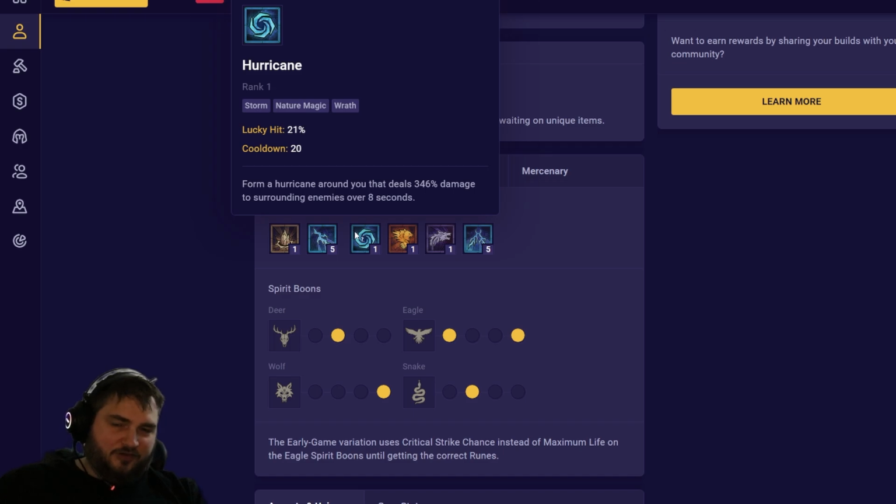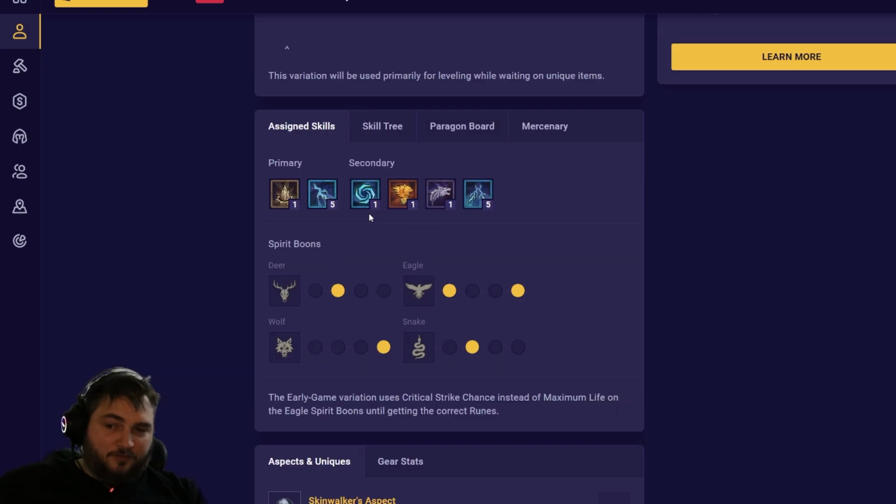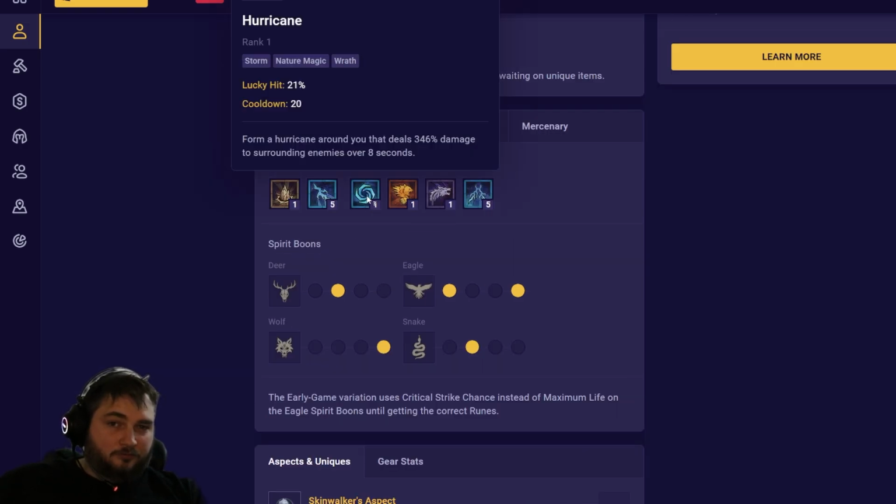Hurricane in the early game is not nearly as important because we're not going to be a werewolf and we're not going to get the extra skill ranks while we're doing it. So if there's something you prefer to use here, feel free to swap it out. You could go for something like wolves in the early game because they can act as a little bit of a tank and they do decent damage. You could also do something like poison creeper that does a lot of damage early on and immobilizes enemies,